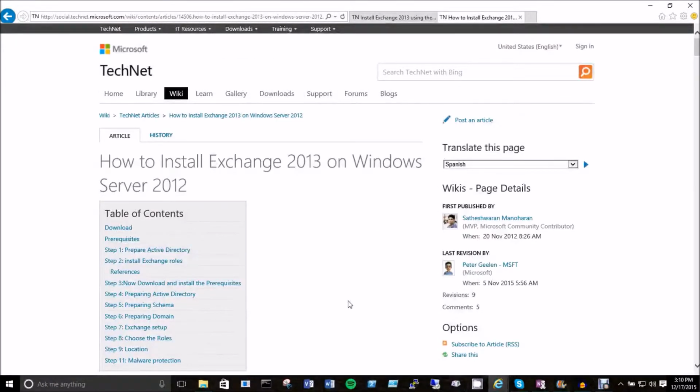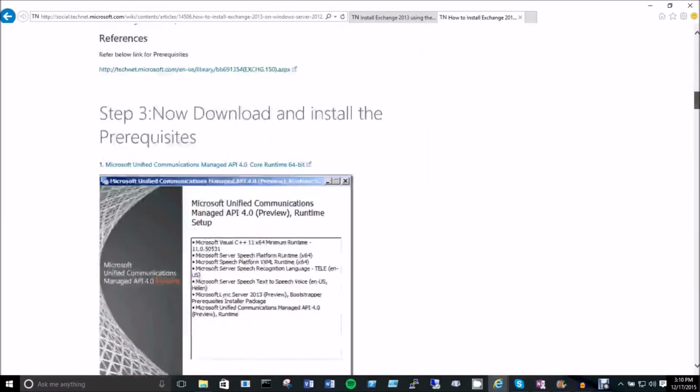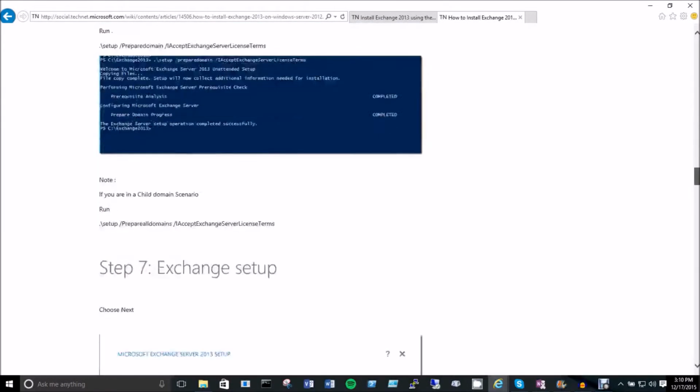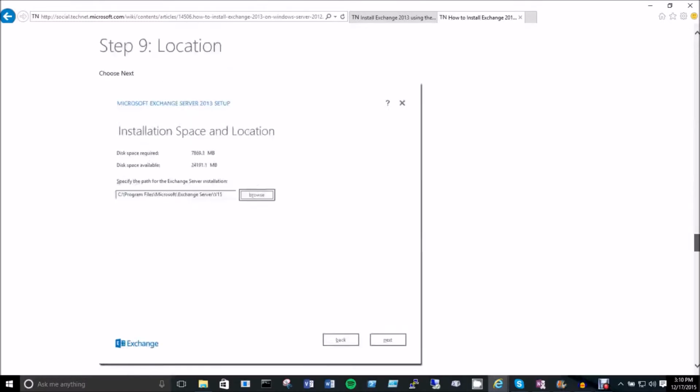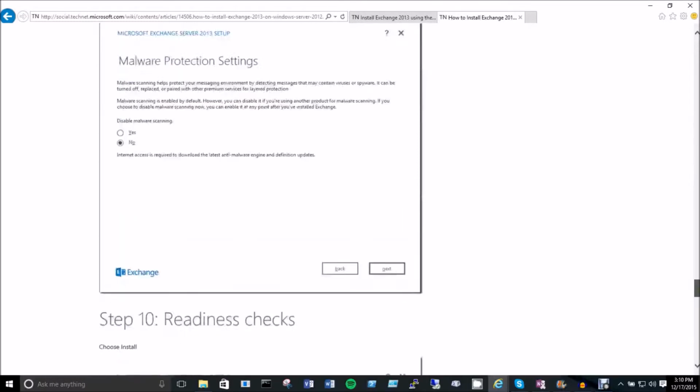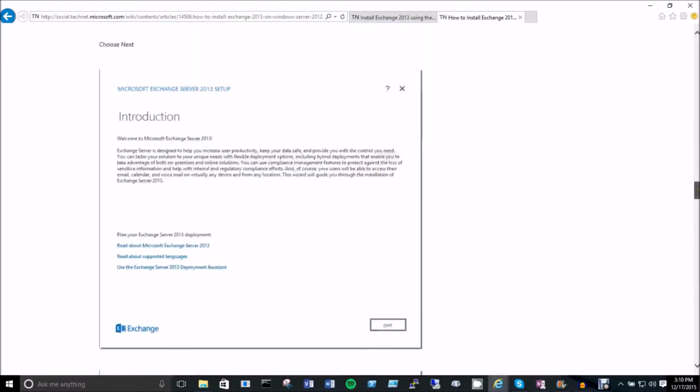One thing I didn't see on this page that I noticed when I installed Exchange, when I ran the wizard, the first thing that it asked me was whether or not I wanted to check for updates. It's always a good idea to check for updates. It took a few minutes to do that, but I think it's important. The other thing, as I scrolled through this site, that I noticed was missing was the end user license agreement. You'll probably see that screen, and you can read the